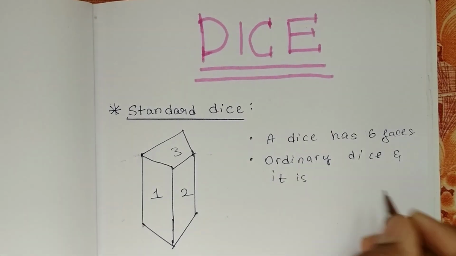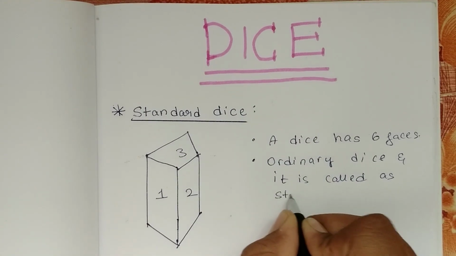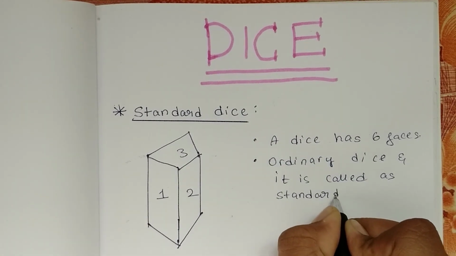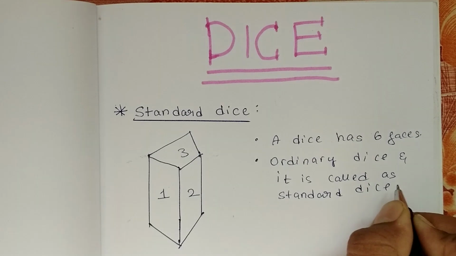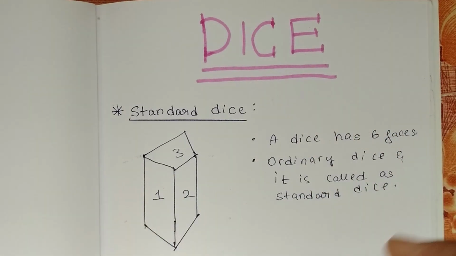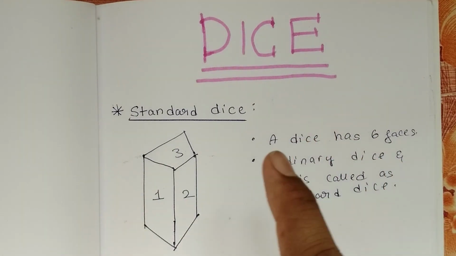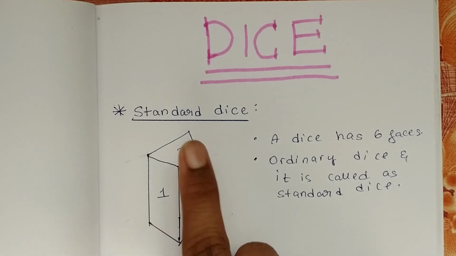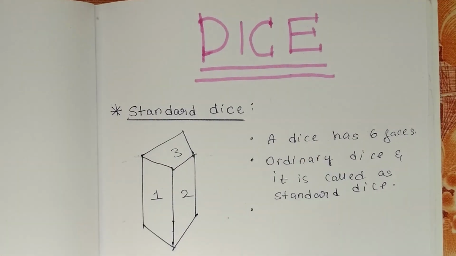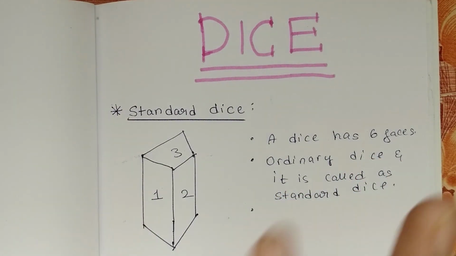It is called a standard die. If we add the opposite sides of this, we should get 7. As you know, this is in the ordinary die, right? So if we add the opposite sides, we should get 7. Here 1 is there, here 2 is there, here 3 is there. So you just copy this. This is the notes for you. Very few points I'm going to tell in a very easy method, and this video is going to be only a few minutes. In a few minutes I'll complete the whole chapter.